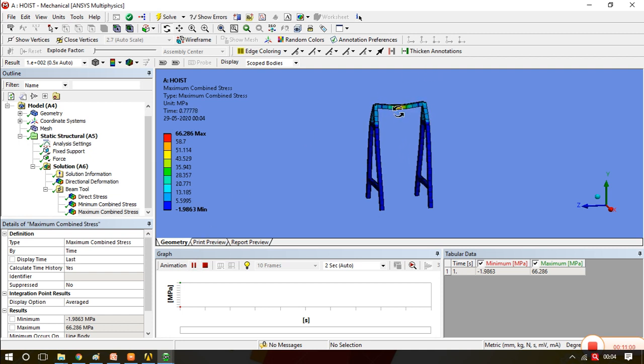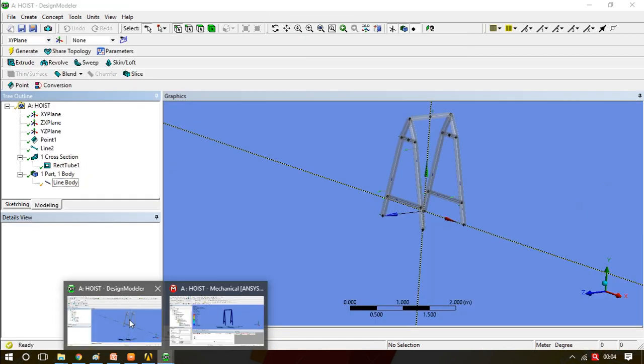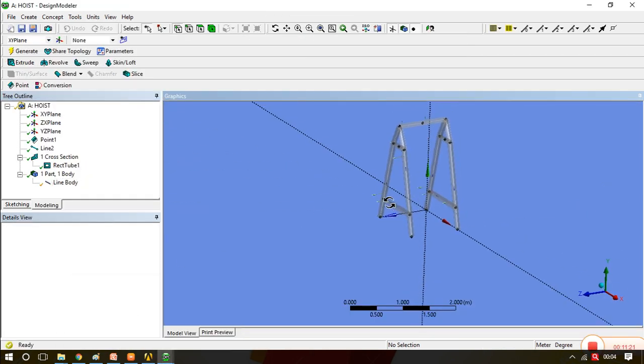Now we will see how these stresses are reduced. Note down that without that particular support we have 66 megapascal maximum stress. Now we will see what happens when we give those supports. So we'll go again to the design modeler.